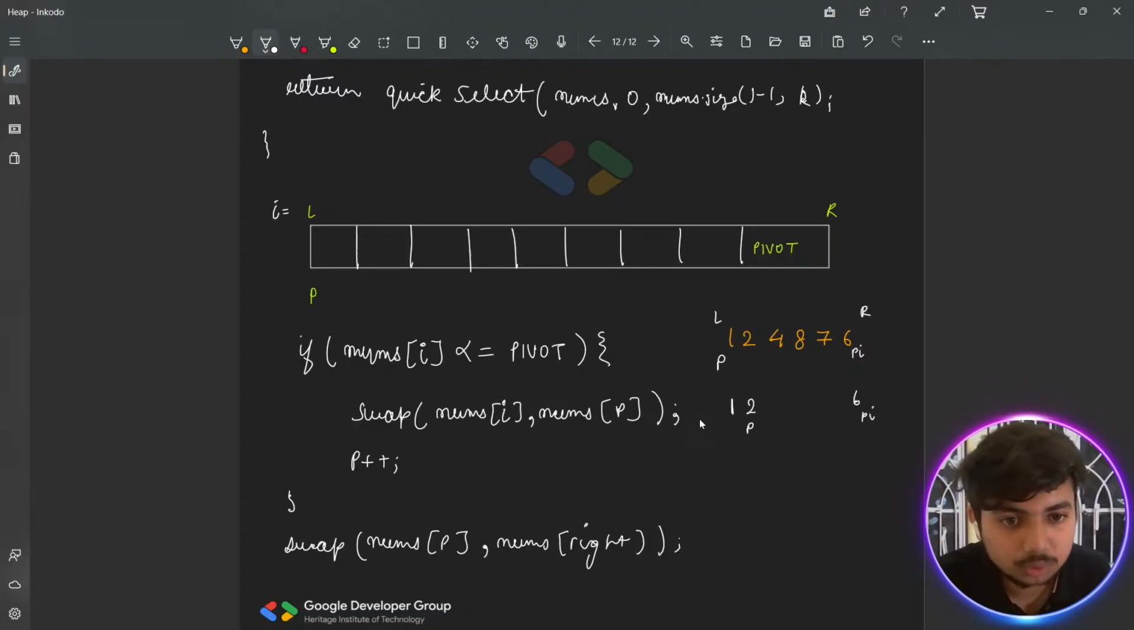So is 2 less than 6? Yes. So you are swapping 2 with 2. Mind you, this is i and P. Okay, this is i and P, not with pivot. I and P, you are swapping 2 with 2. Okay, so 2 is swapped with 2. Similarly, you will swap 4 with 4 and move this P pointer to this particular index where our element is 8. Okay, now this is where you will lock the P pointer because you get to know कि